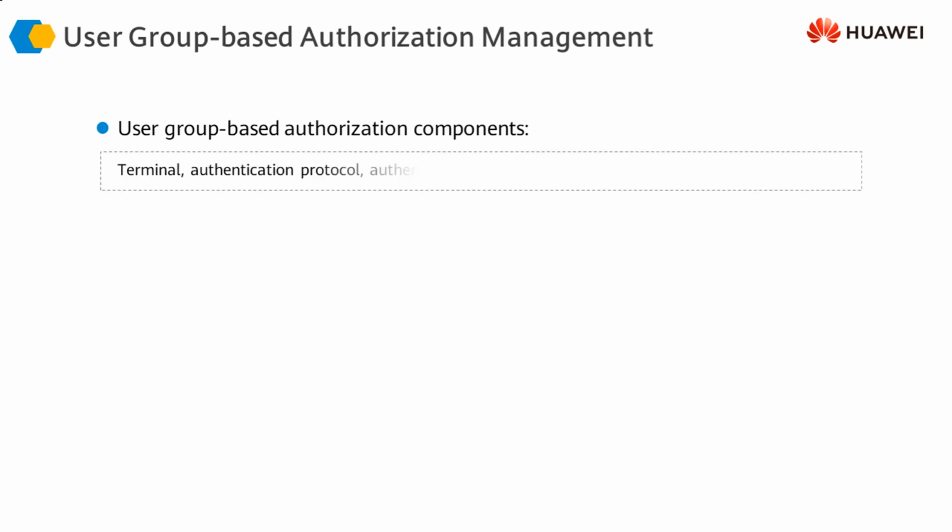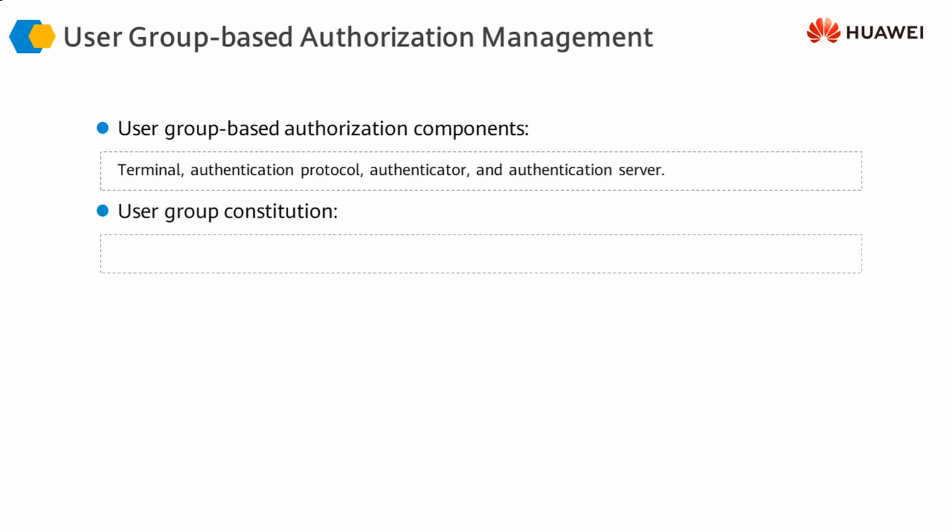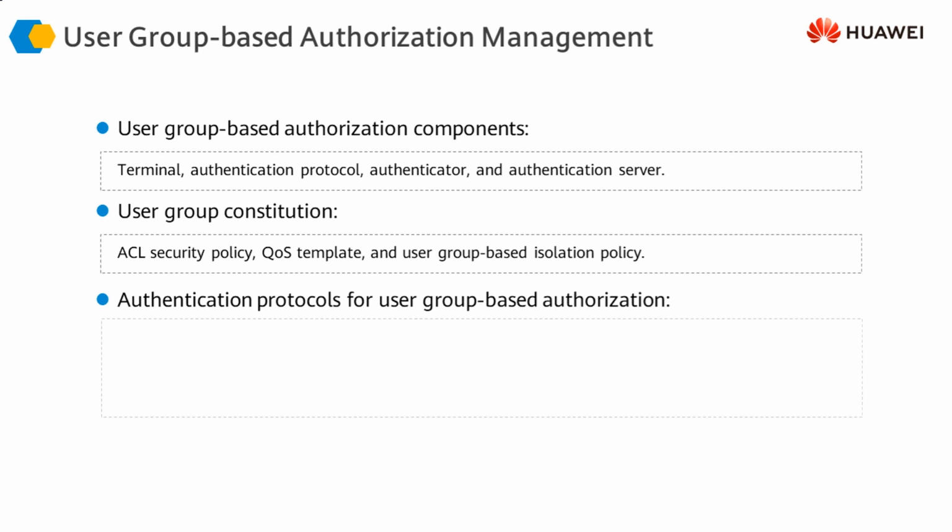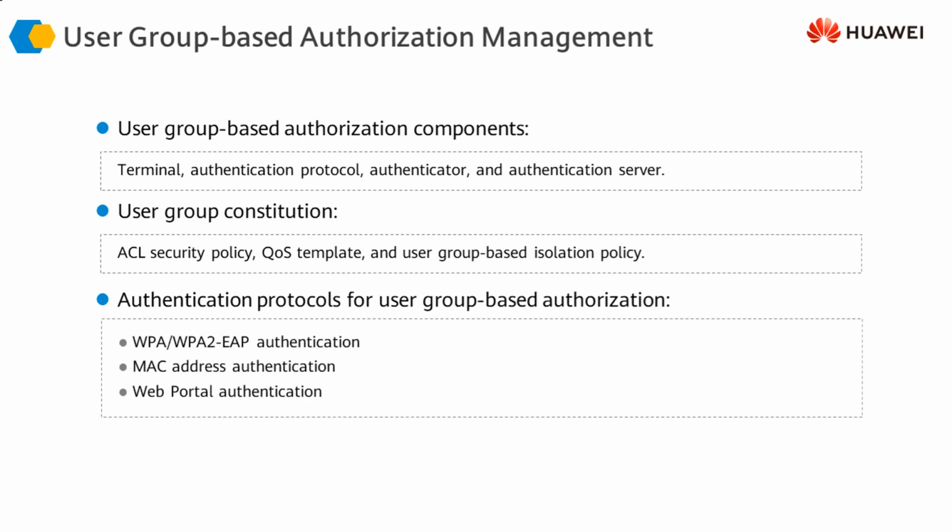And then once the isolation has been done, we could also authorize the users based on the user groups that they have. Whenever the users connect to the infrastructure, they go through the access controller to the RADIUS server, and there the groups determine what resources they can access and what resources they cannot access.